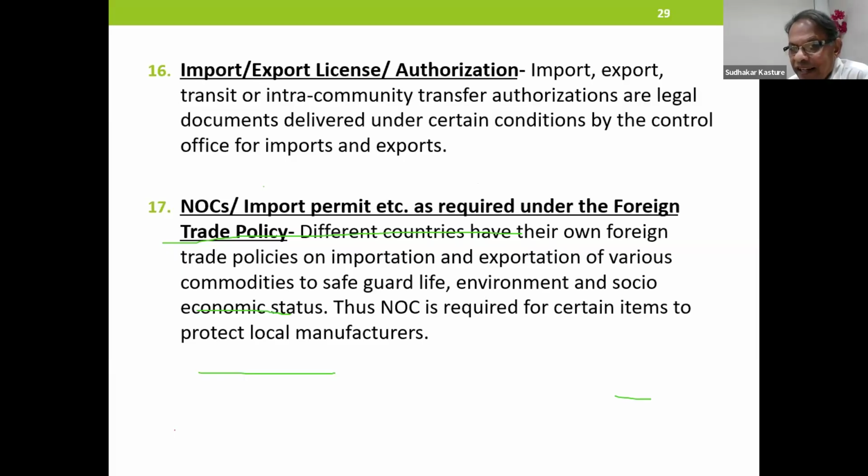Import-export licenses, authorizations, import-export transit or intra-community transfer authorizations are legal documents delivered under certain conditions by the Control Office of Imports and Exports. NOCs, import permit as required under the foreign trade policy. Wherever such kind of restriction comes, you have to follow.